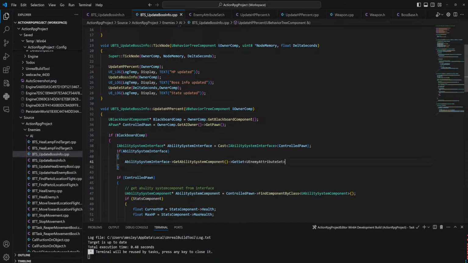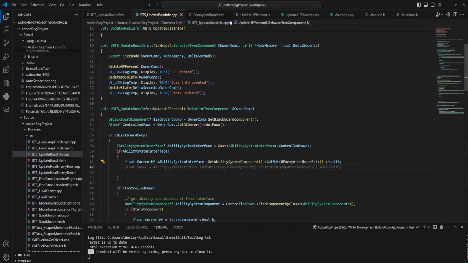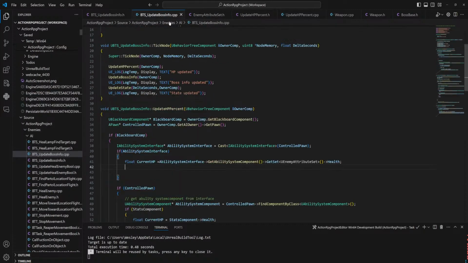Thank you very much. And then we get health. And then we do the entire thing again. Okay, so float current HP. It is called health, right? We have health and max health. So we should now also be able to get a float max HP for max health.